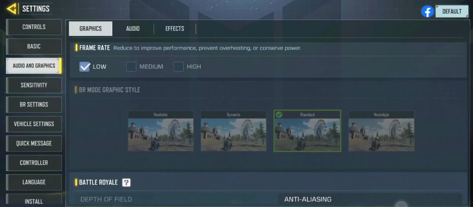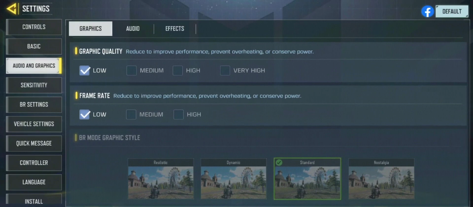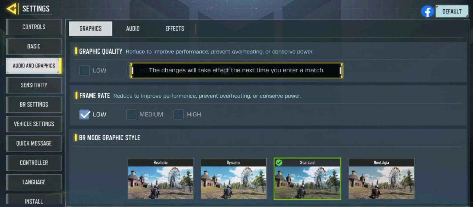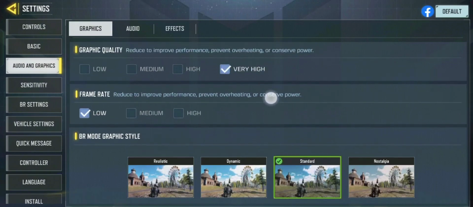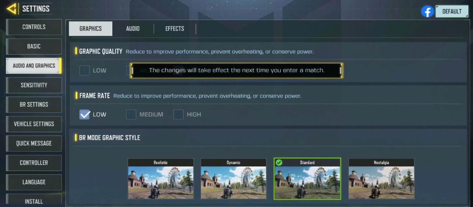As you can see, you can adjust the graphic if you are running a low end or low performance gadget or phone. You can adjust it to low mode. If you want to see beauty without concerning your performance or overheating your phone or your Android, you can set it to very high. So the benefit, if you set it to very high or even high and medium, is that you can